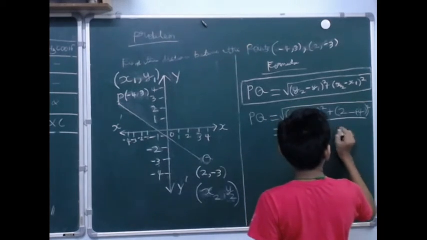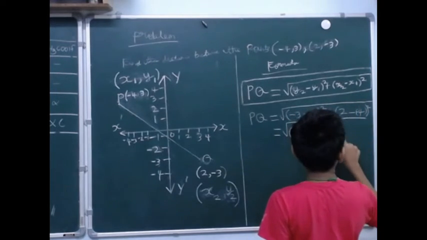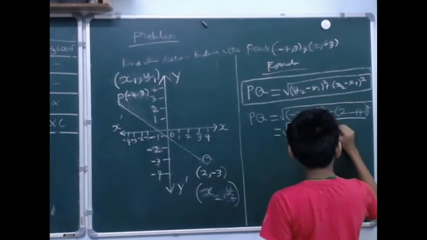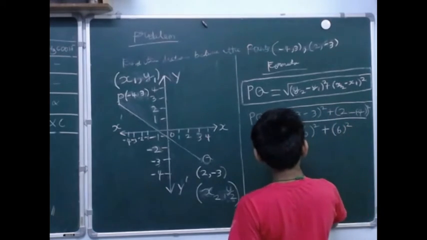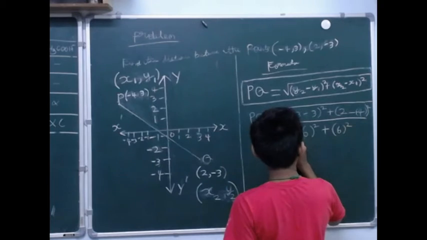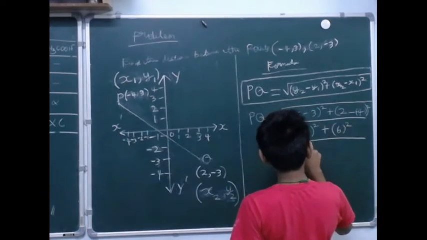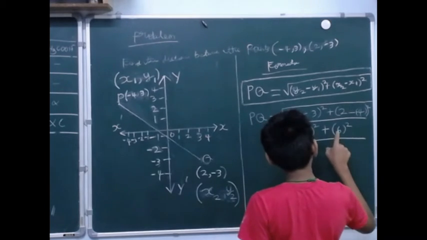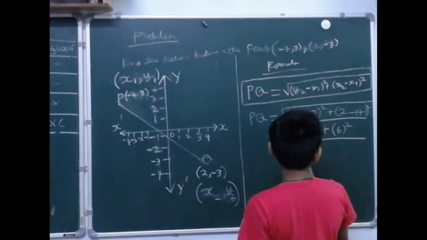Plus 2 minus open bracket minus 4 close bracket is plus 6, whole square. Again put root. Open bracket minus 6 close bracket square plus open bracket plus 6 close bracket square is equal to